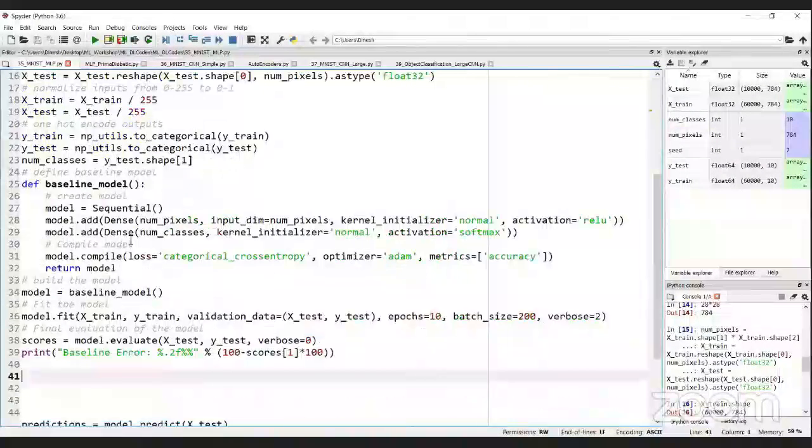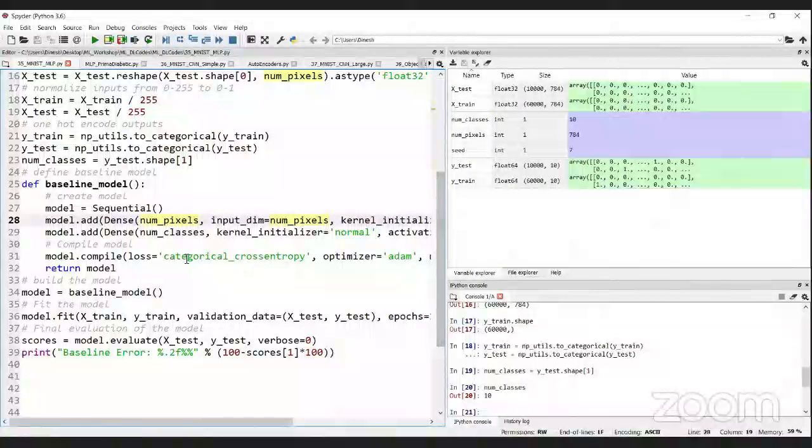Clear? Here I have not used any CNN. I am just using a conventional feed forward neural network. My network is very simple. It has one input layer with 784 neurons and one hidden layer with 784 neurons. It is fully connected. And I have one output layer with 10 neurons.